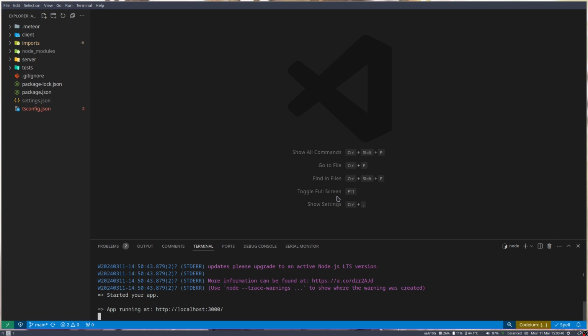So in this case, I'm going to give you a very basic example of how to actually implement this into